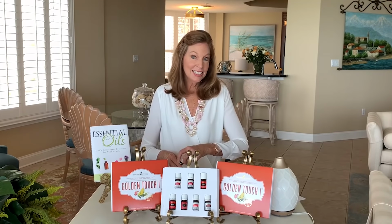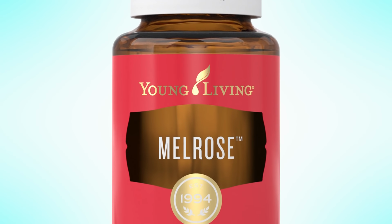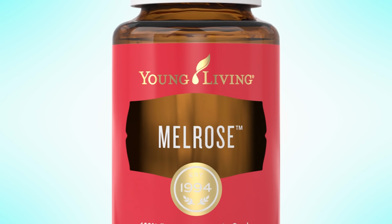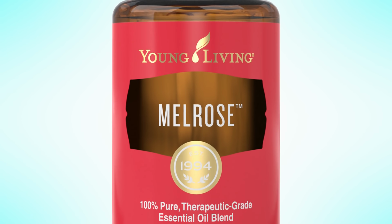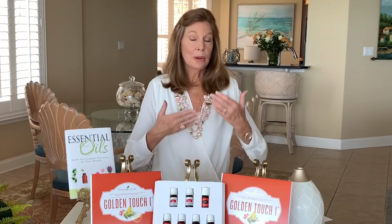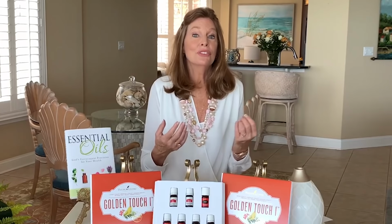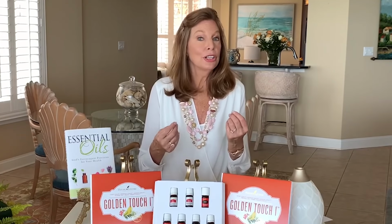Well, our next oil that we've absolutely fallen in love with, and all of my children use this one all the time, is called Melrose, M-E-L-R-O-S-E, Melrose. This is a blend of 2 types of eucalyptus, rosemary, and clove. I know many of you cook with rosemary, and when you smell rosemary when you're cooking with it, you just automatically know how good the smell is for you. Clove